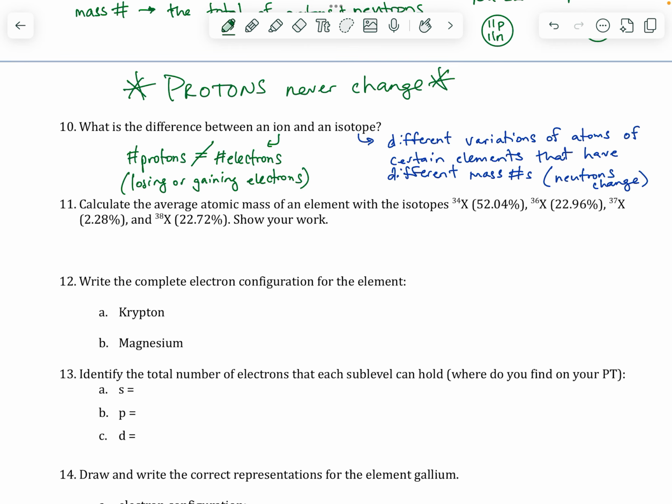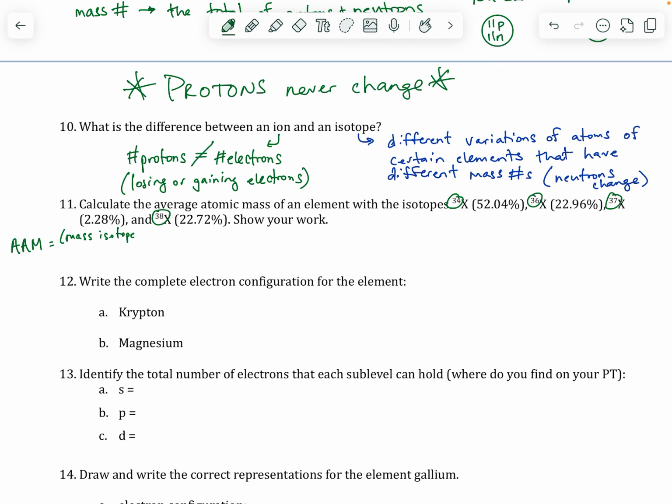And now, because of this, what we can do is calculate the average atomic mass of these, and those are the decimals that you see on your periodic tables. So here we have element X, which has 1, 2, 3, 4 different versions of itself. So 4 different isotopes based on the changing mass. And so we say, all right, what do we have to do? Well, our average atomic mass calculation is take the mass of isotope